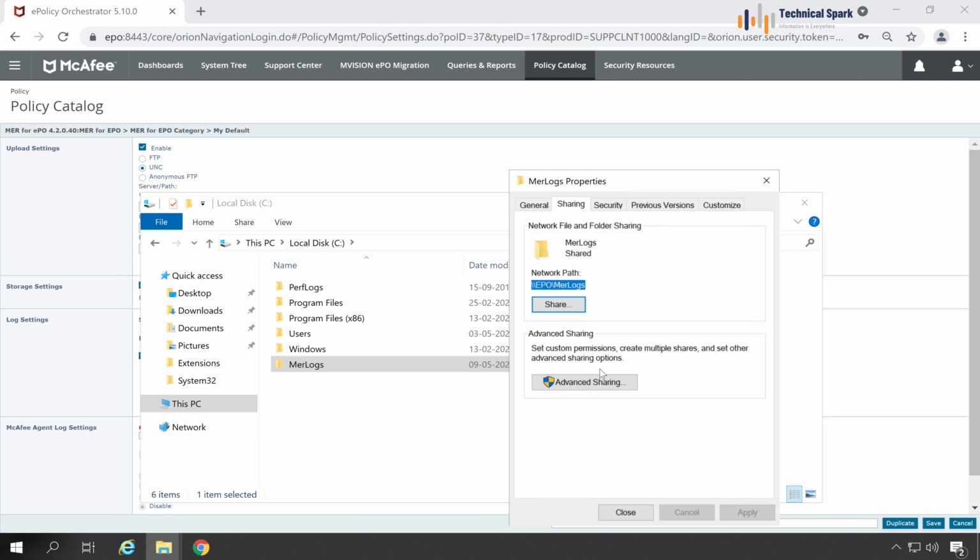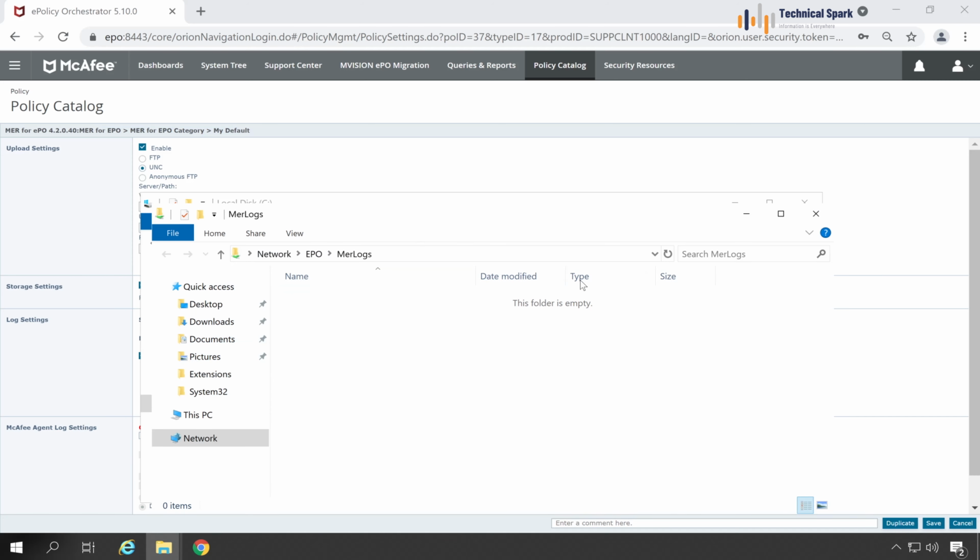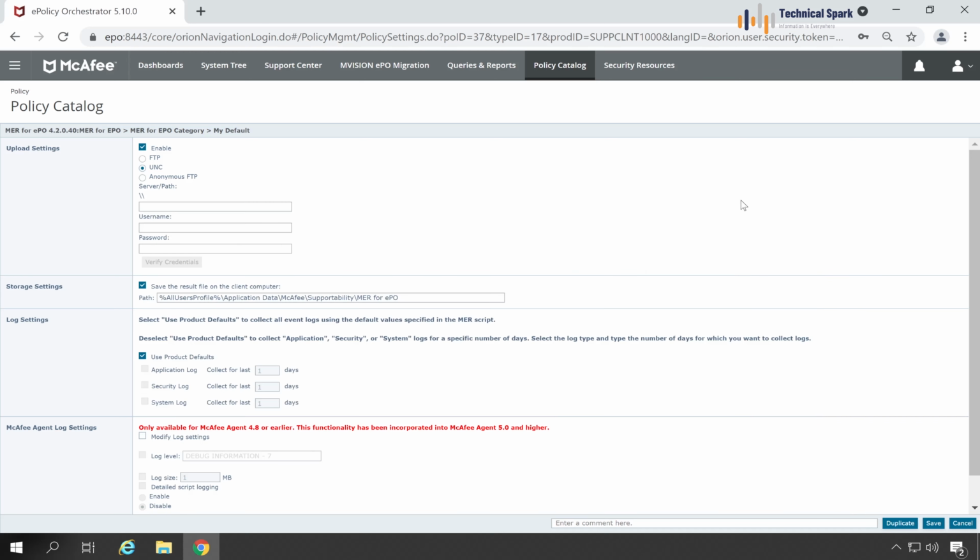Let's copy this, paste. Let's check first whether that is working or not. Let me paste it. Okay, perfect. The network share is working perfectly. Now let's close this. Enter your network share path here, and instead of your host name, I'll suggest you guys to enter the IP address of the particular share folder server. You can configure any network share here, but make sure that network share has to be empty. Like my merlogs folder, this merlogs folder is empty.